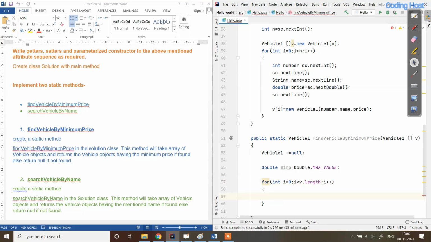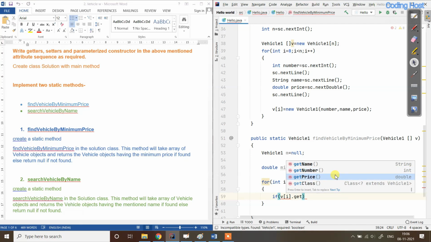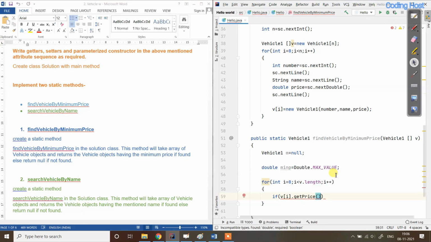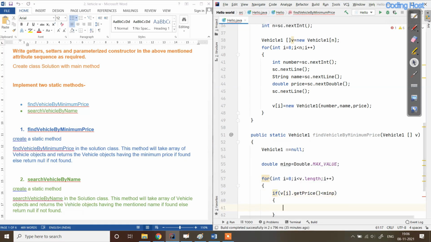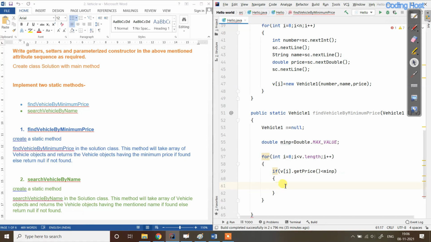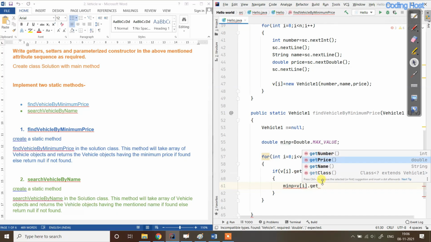Now we will check the price of every object. So if v of i dot get price is less than the minimum price variable, first we will store that value in this minimum price variable. So minimum price equal to v of i dot get price.